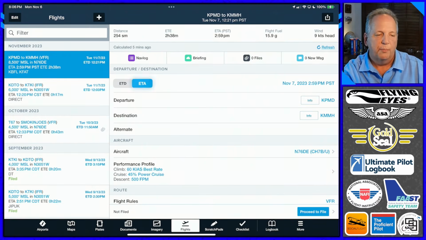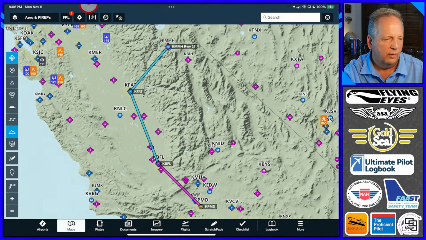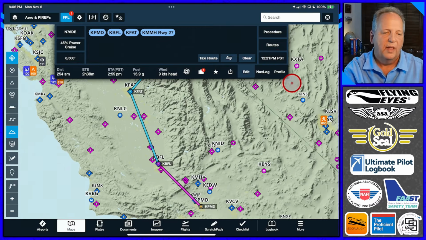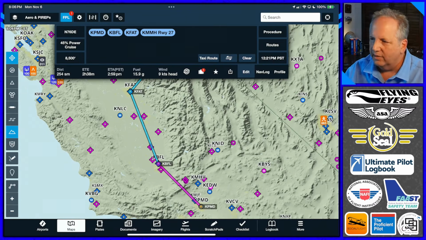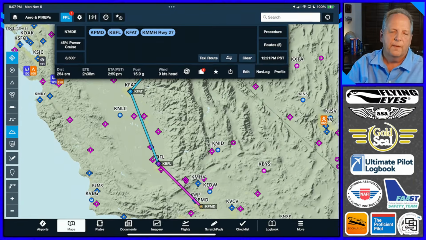Excellent. Good point. So we put the ETA of 3 p.m. that we want to arrive, and then use that send to button, is what Mike said. Send it to the map. And now look at our flight plan drawer, and bingo, there it is. Thanks for that. Depart at 12:21 p.m. That's going to be our departure time to arrive at 3 p.m. That would be the latest, obviously, we want to leave to arrive by 3 p.m. Very good. Exactly.